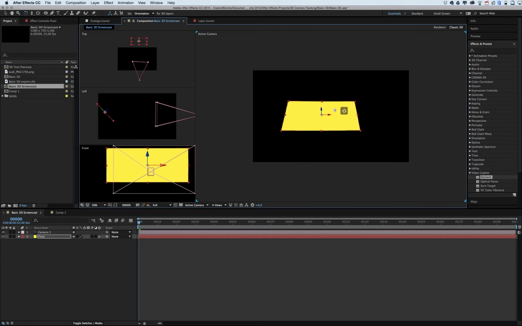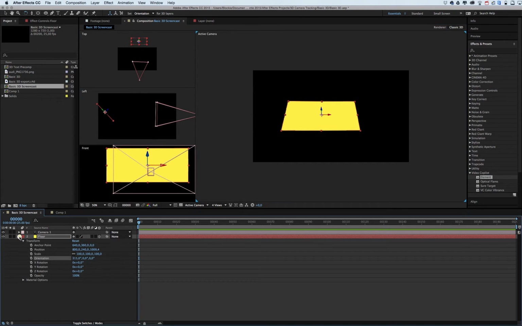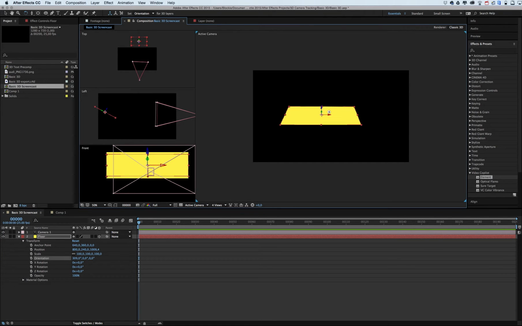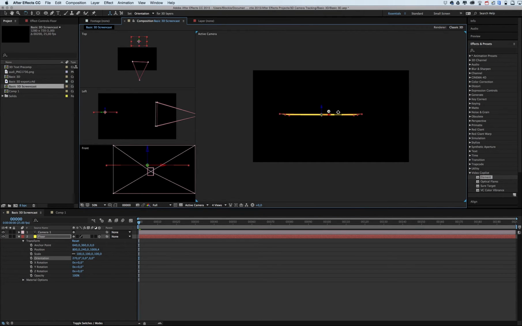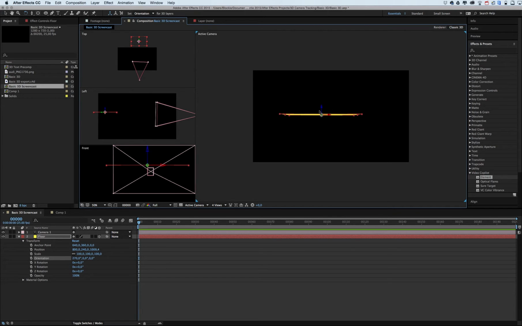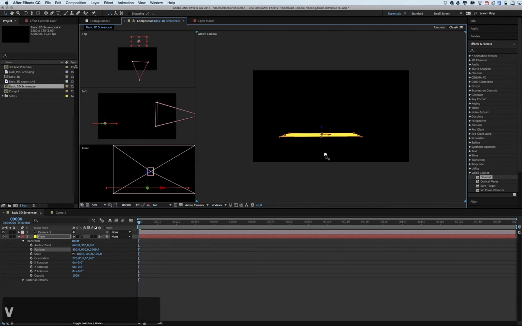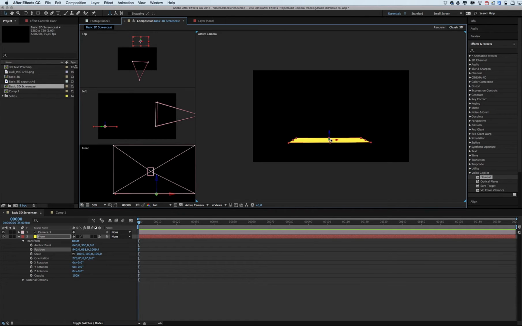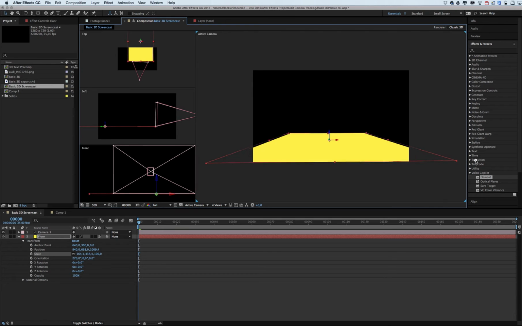It's a good idea to have the rotation properties on here, so you can see it respond there, and I'm going to put it to 270. I'm going to hit the V key to move my layer down. Okay, there we go. I'm going to move it a little bit in front of the camera,